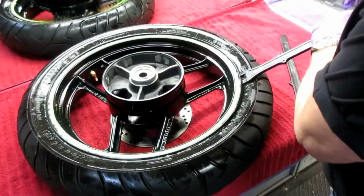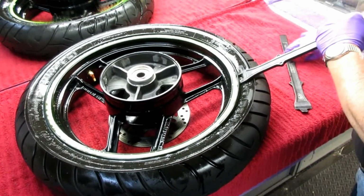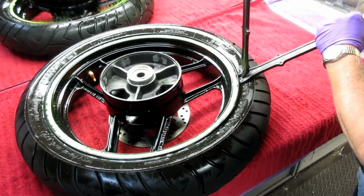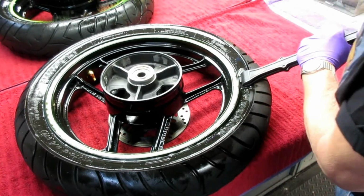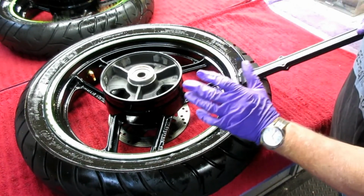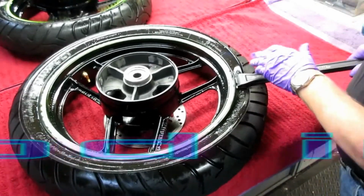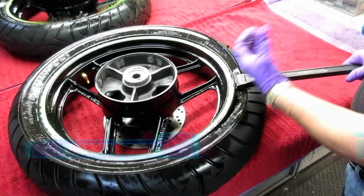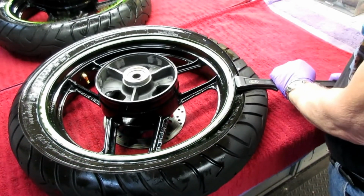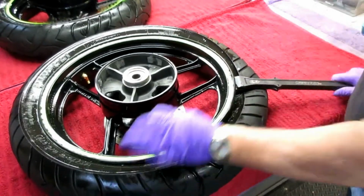So the most important thing is to get as far in as you possibly can. Take the second part of the tool, it fits right in there. And usually, if you're real careful, and I'm trying not to scratch your rim, you can break that. Now that Windex flows down in there, and it doesn't let it come up and stick. And if you hold it there long enough, now see what I'm doing? I'm holding it. Now I can press the rest,